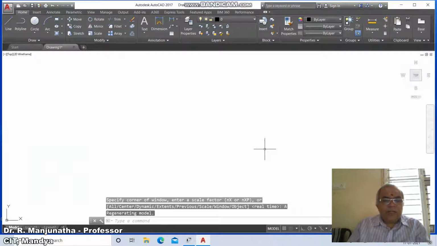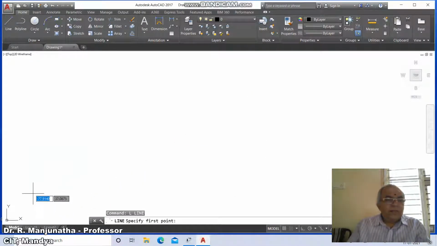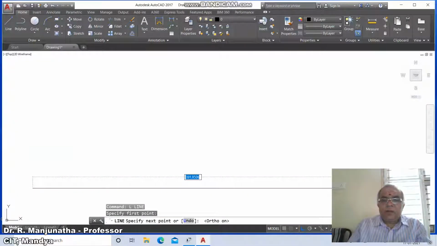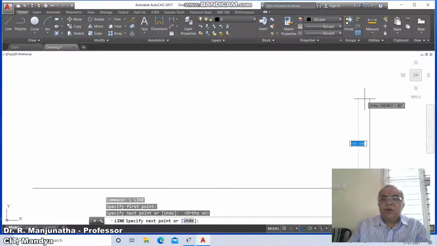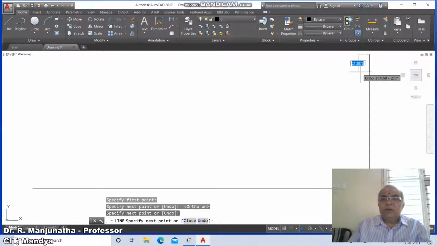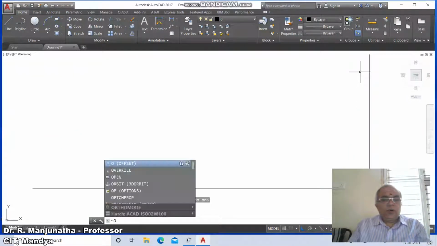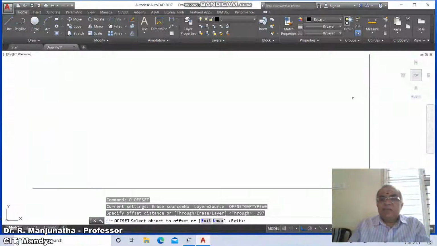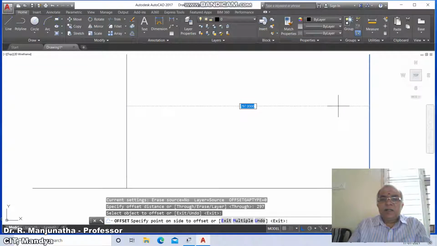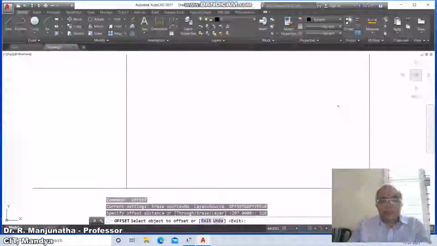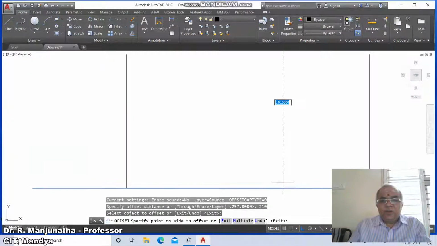Now first we're going to draw the sheet. First we'll go for line. Select some point on the lower left corner and put the ortho mode on, and take any point on the screen, and then click the first button of the mouse. Again, drag the mouse in the upward direction and click. Then go to offset, take the distance as 297, select this line and offset to the left side. Similarly, offset, take the distance as 210, select this line and offset to the top side.